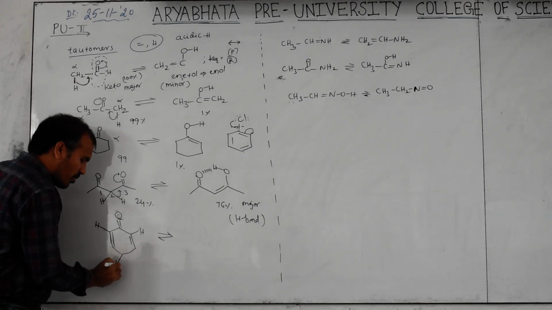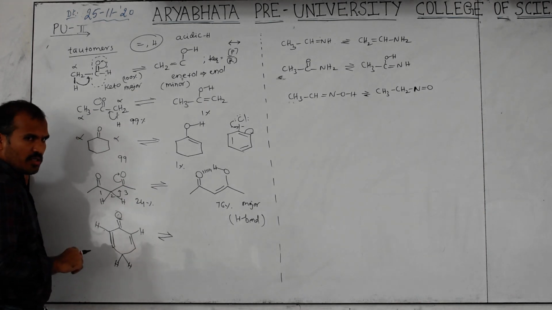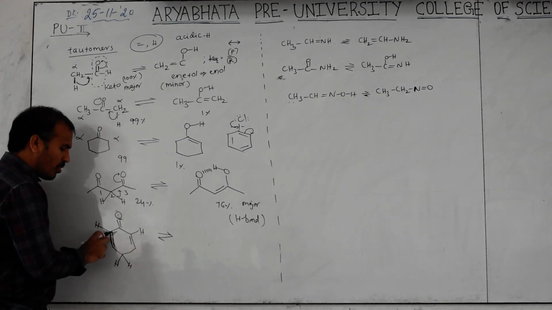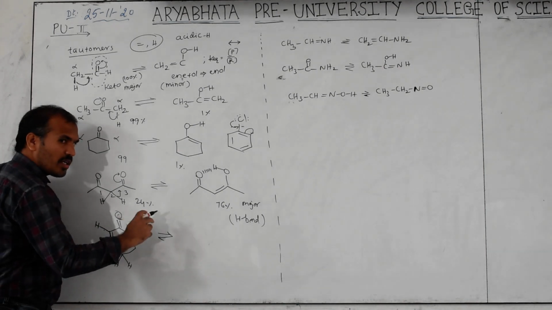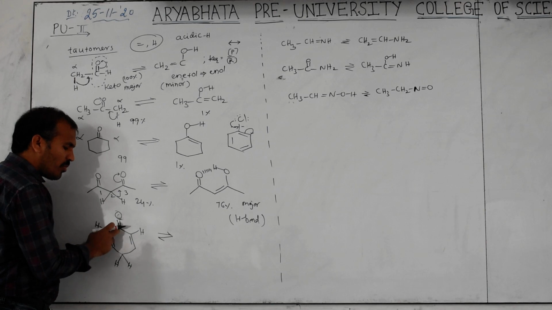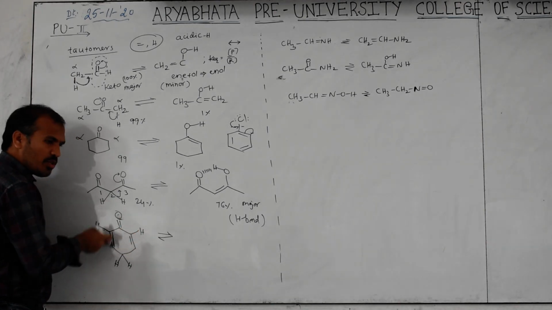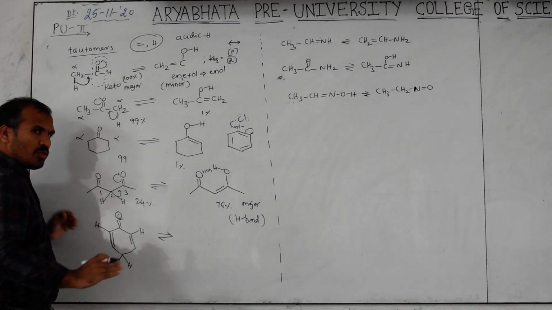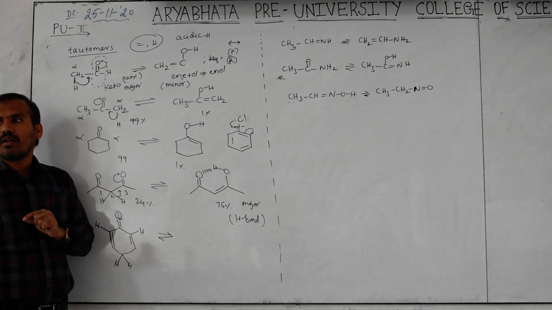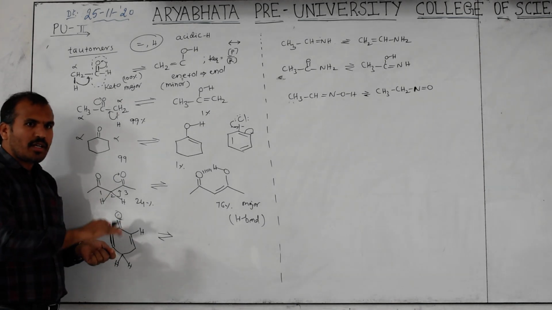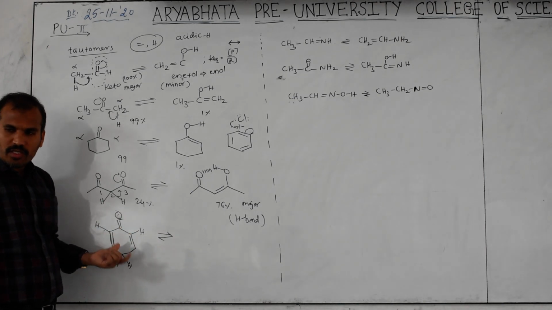Here also there is a hydrogen, how many are there? Two. This is called cross conjugation. Cross conjugation means double bond, single bond, double bond. Conjugation means alternate double bonds: double bond, single bond, double bond. This side is conjugation, and this side is conjugation. So there are two sides of conjugation, but not continuation. That is called cross conjugation. If continuation is there, that is called extended conjugation. So cross conjugation is present here.